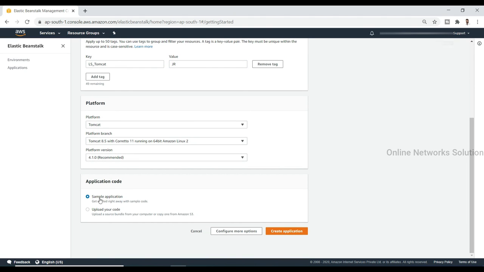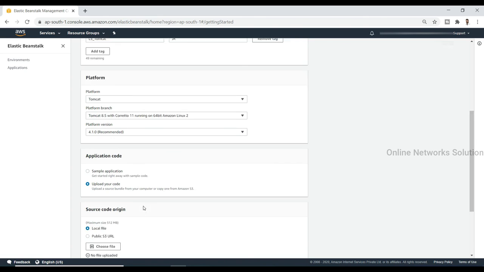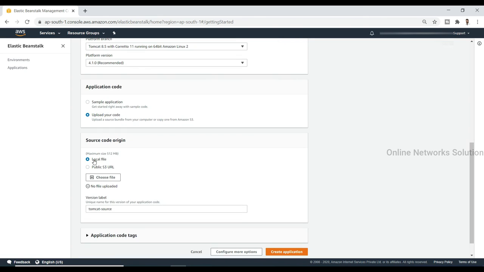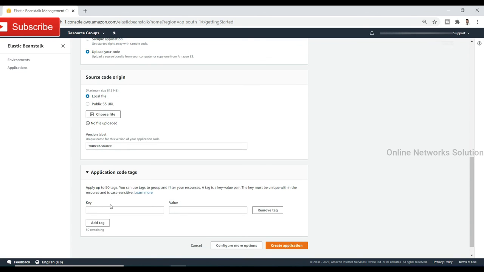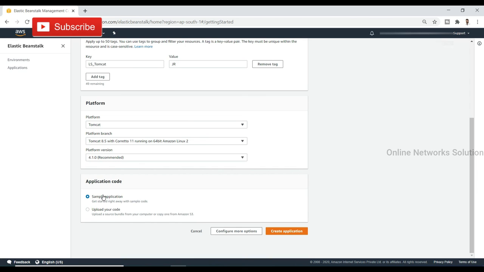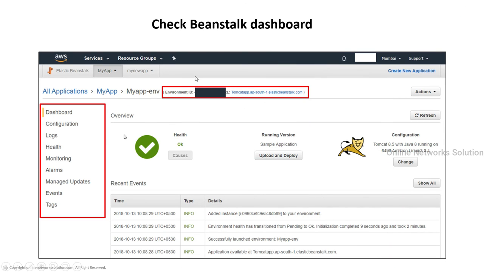And if you want to use a sample application or you want to upload your code, you will have to choose here and select the local file, public S3 file, version label and application code tag, which you can also put here. We will select the sample application, and after that if you want to configure more options, you will have to click here, and after that you will have to create the application. After clicking here, you will get the dashboard like this and you will do your further steps.